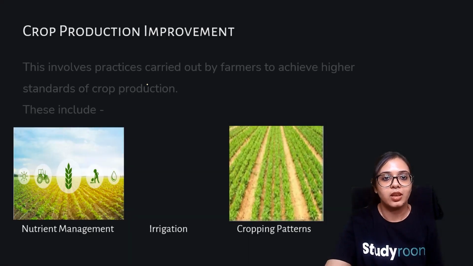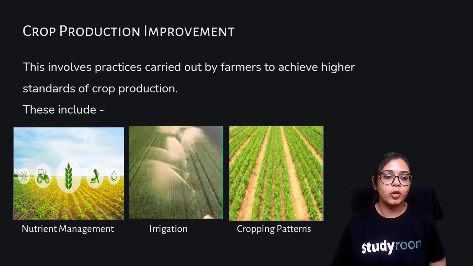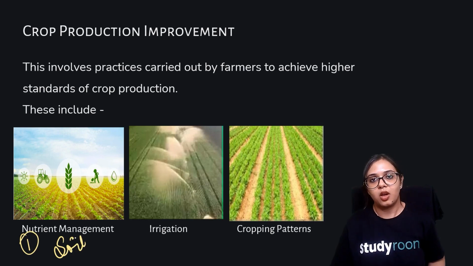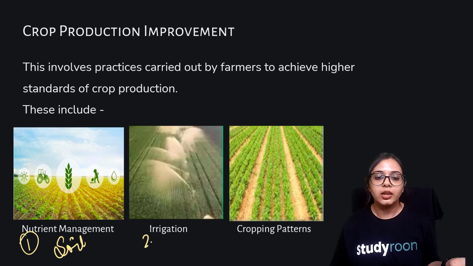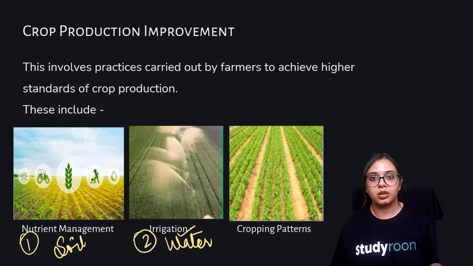Crop production improvement is important, like I told you, because we have to look at the kind of soil that we are using, whether the soil has those important nutrients that the respective plants are going to take in. Then water. Water is important as it also provides the plants with the important minerals. So whether the crops are getting proper irrigation or not